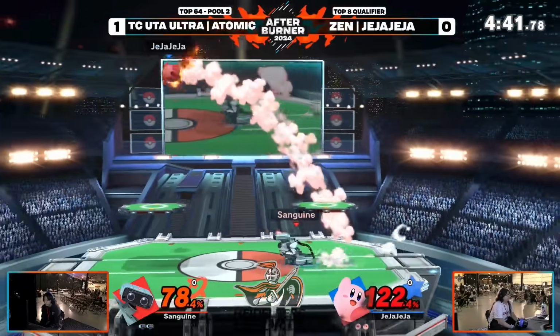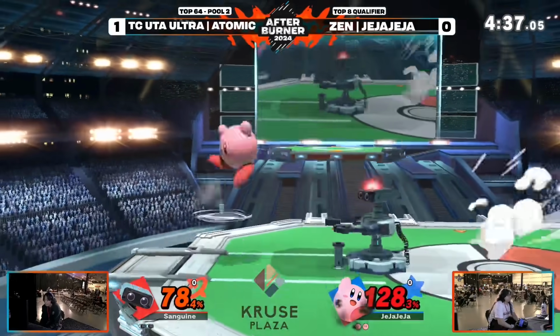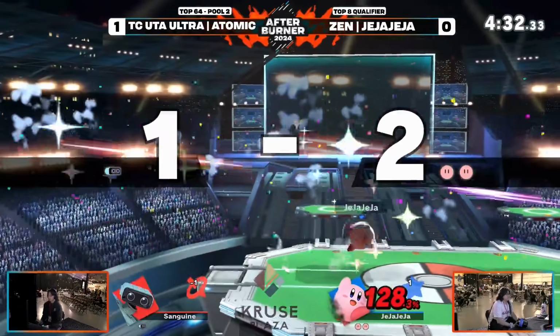No, nothing crazy. Yeah, only 1-4 there. Still, 122 to 78. Down throw. This is gonna be the no mash mix-up. It's a great mix-up, the no mash mix-up. Oh my gosh! Wow. Look, that was...